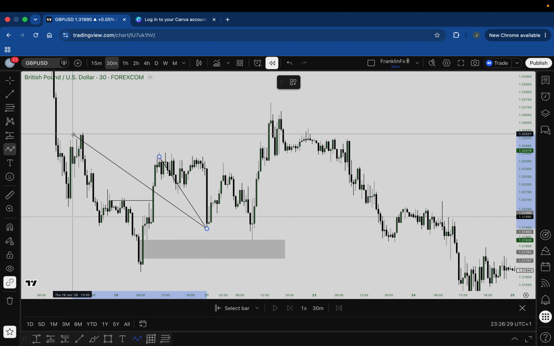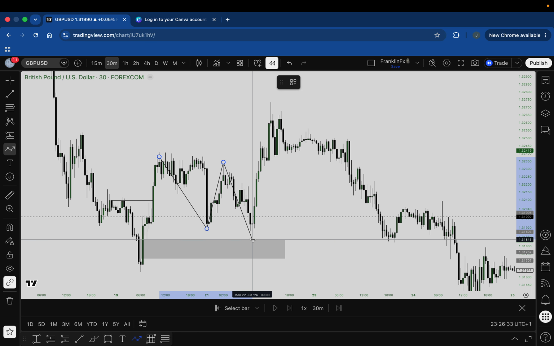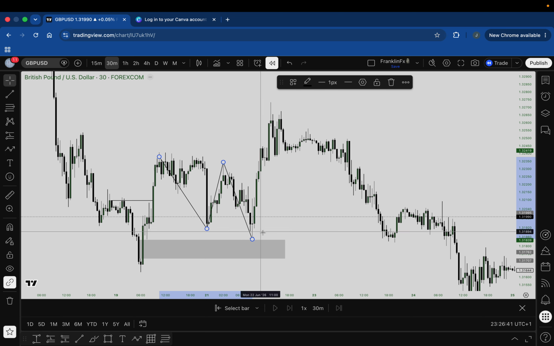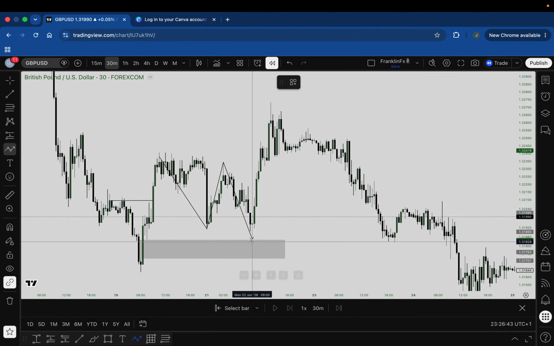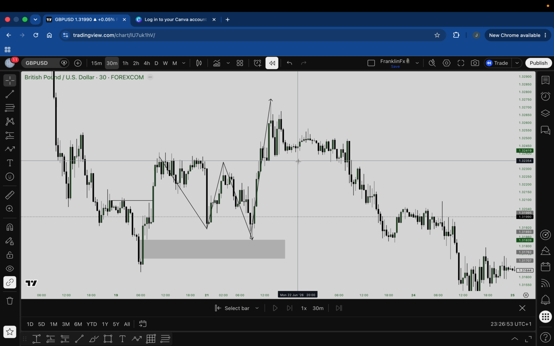Are you with me? And all of a sudden, the market came all the way here and then whoosh, took everybody out. Took everybody out. And from there, we can say, okay, good. Back up. Good.